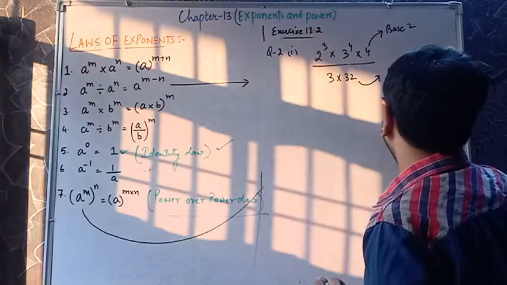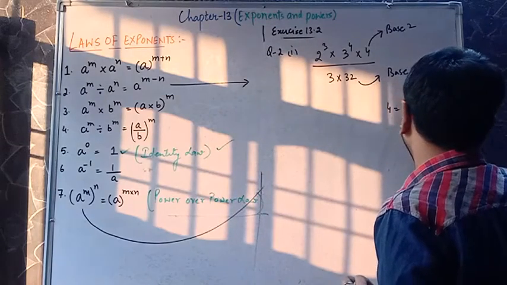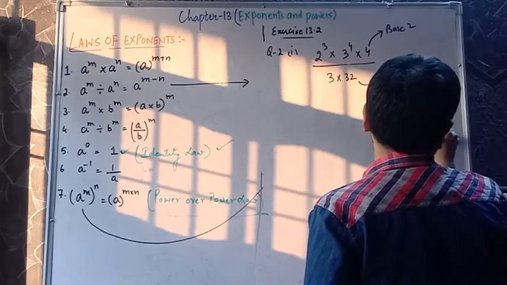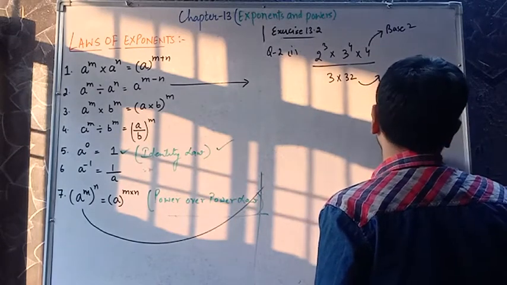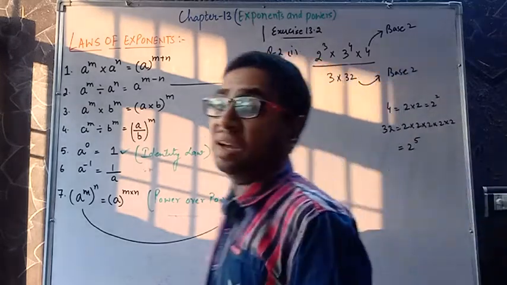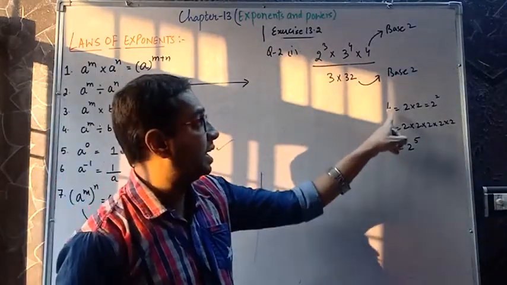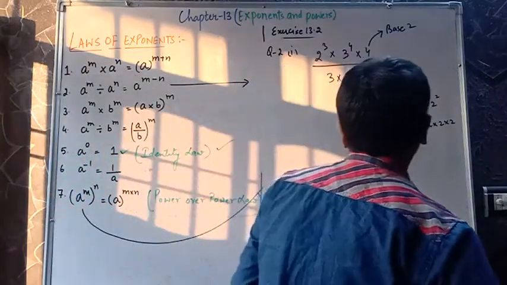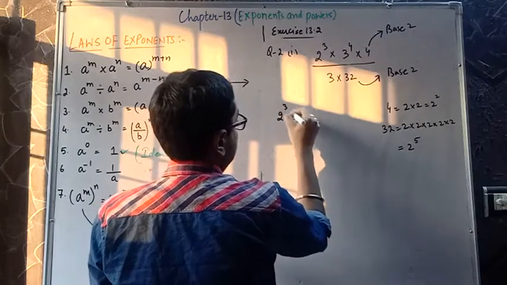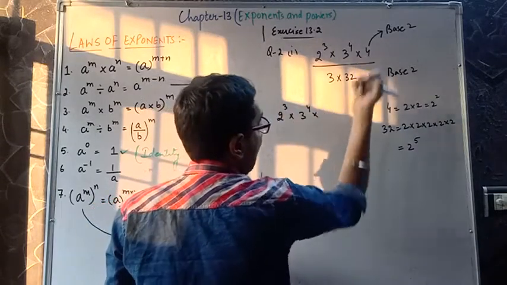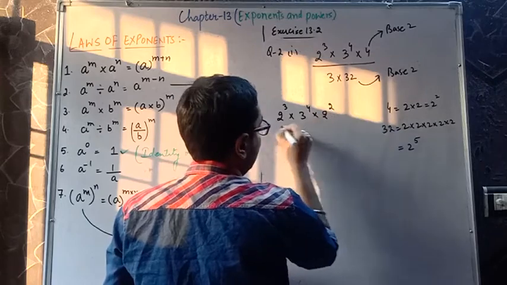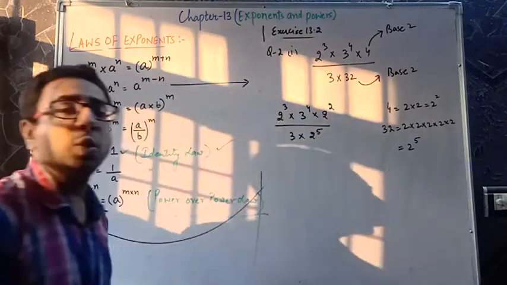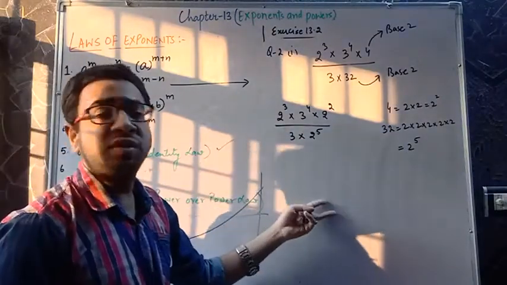We know that 4 is 2 into 2, it means 2 raised to power 2. Secondly, we know that 32 is 2 into 2 into 2 into 2 into 2, that is 2 raised to power 5. If I do the prime factorization of 32, I'll be getting 32 as 2 raised to power 5. Let's do it then. We'll convert. 2 raised to power 3 as it is, 3 raised to power 4 as it is. I'll convert 4 with base 2, 2 raised to power 2, and 3 as it is, 32 as 2 raised to power 5. Now the question is sorted because we have the same bases.